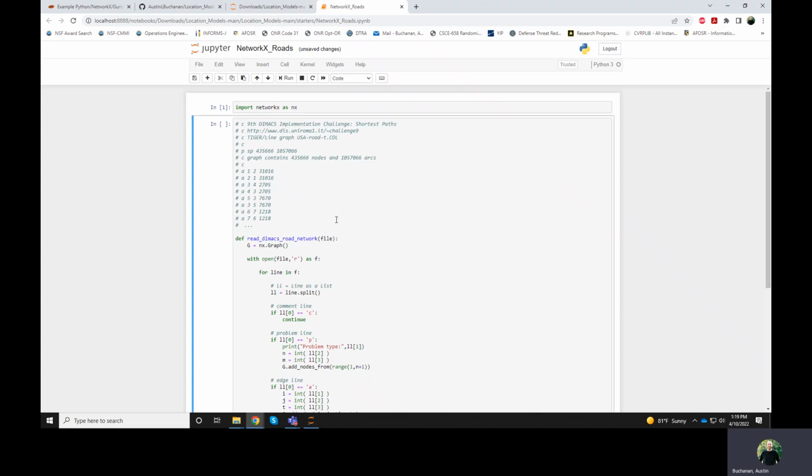going to solve this shortest path problem for a very large instance. So the instance I showed you earlier was a kind of a toy instance with just a handful of nodes and edges. But we're going to consider an actual road network that has about 500,000 nodes and over 1 million edges. So this instance is actually coming from